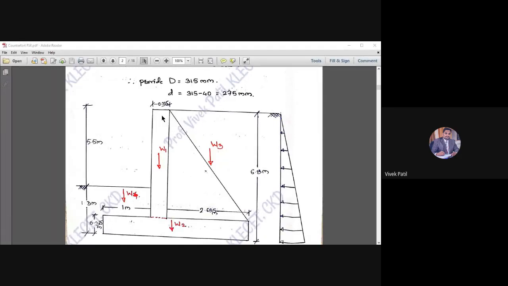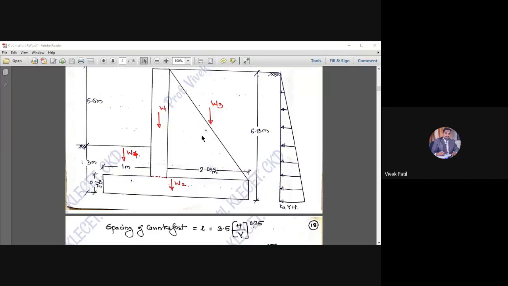So the stem and slab, the slab thickness as well as length, we have calculated. Here the height has been given already. Then the depth of foundation we have calculated. Then toe projection, and lastly the heel projection. The remaining part is related to the counterfort: its dimensions and its spacing we have to identify. Counterfort will be a thin vertical slab, which is provided from here to here. The thickness of this slab has to be calculated, as well as the spacing between the counterforts. So that part we will calculate.